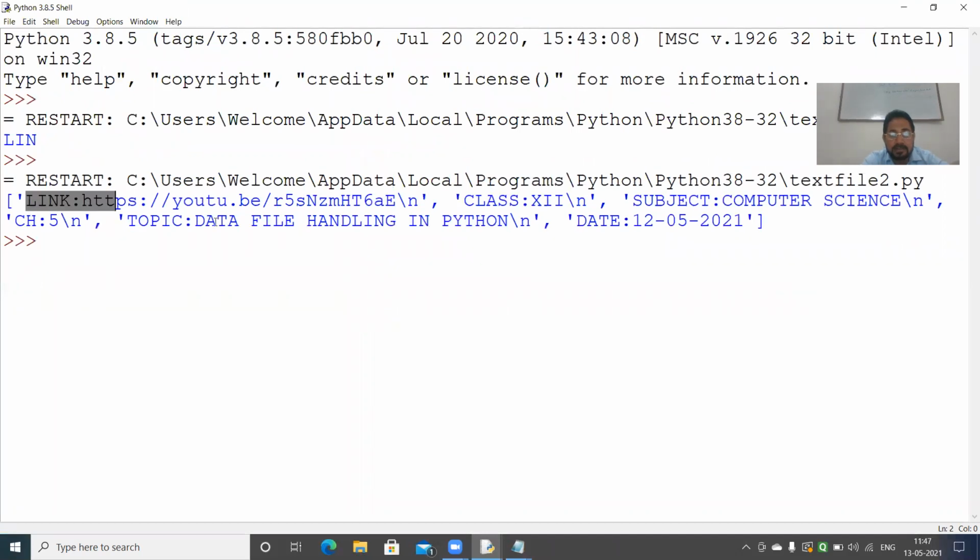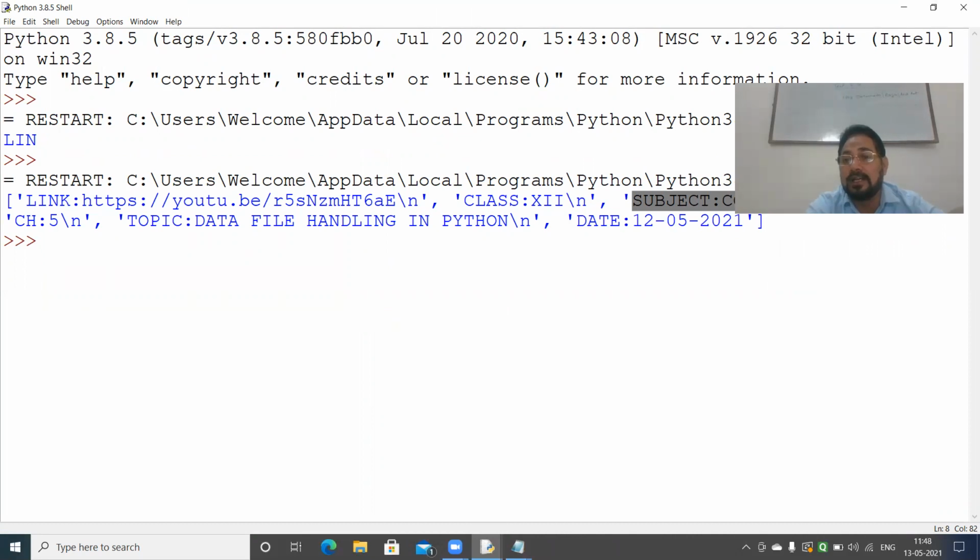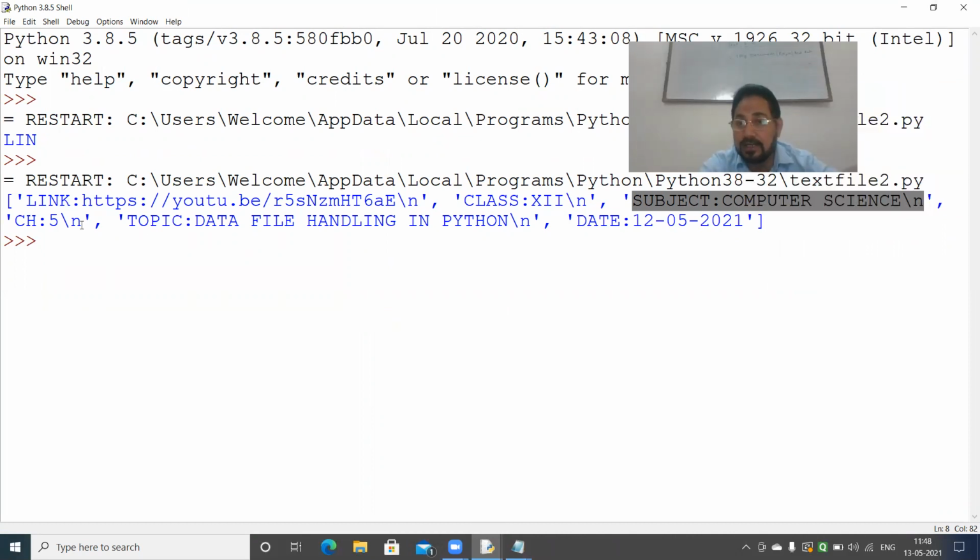When we write readlines, the first line is stored in index number 0. Then the second line is stored at index number 1 with the end line character \n also, which we have not written, but once you press the enter key, that time by default the end line character is also added to the line, and which is showing once the lines are stored in the form of a list. So it is showing \n also. Next, another line, next, another line, and this. So how many lines do we have? 1, 2, 3, 4, 5, and 6.